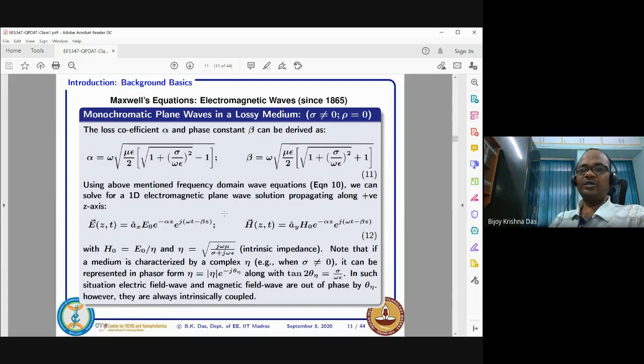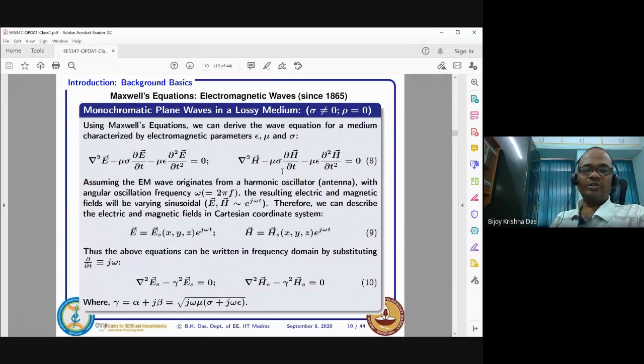The only compromise is rho equal to 0, sigma not equal to 0, and space dependent electric field, everything is there, and that electric field will be a vector. The magnetic field also will be a vector. It is space dependent, x, y, z, everything will be there. And then alpha and beta will be like this. This is the general case. As long as sigma, mu, epsilon and frequency are given, you can express the value of alpha and beta. Once you know alpha and beta, you know the gamma value, gamma square.